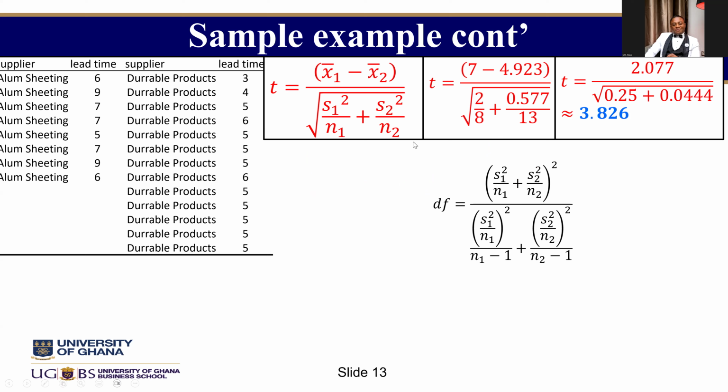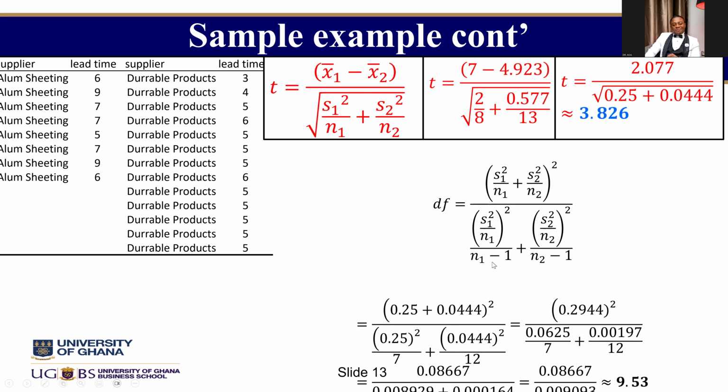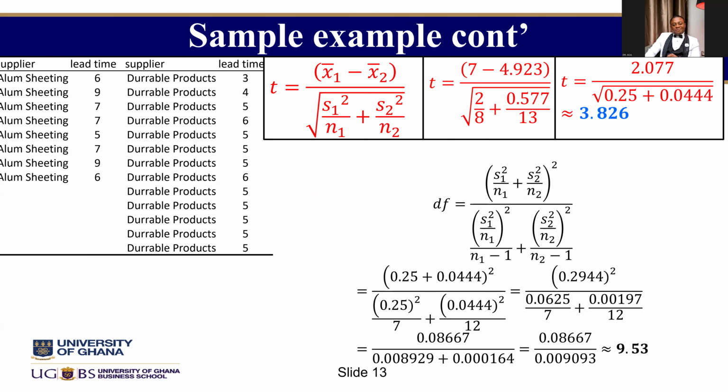But this formula is not that difficult because you have all the elements. Okay, so look at it. You have the variance. In fact, the same thing you have here, that is what you have here. But you're not taking the square root, you're taking the square. And then you take them in separately and you square them separately. And then you divide each one by the sample size minus 1. So you substitute all of the values. If you work it step by step carefully,